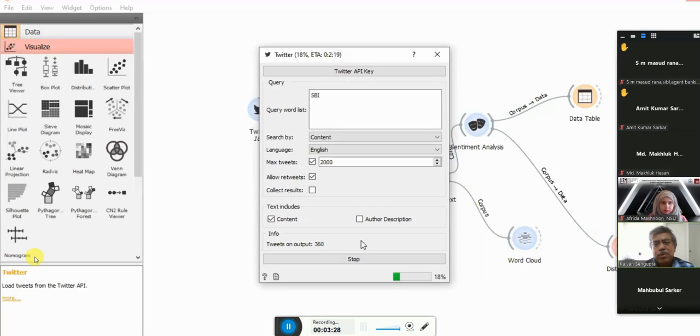In the meantime, I must tell you there is other very popular software that many of you may have heard of, which is called KNIME. KNIME is very similar software, and it is very popular today in business applications, which also works under Python. Orange and KNIME are software with which you can use very sophisticated applications like deep learning and other things without doing any coding. You see, we are not doing any coding, but still we can generate the tweets.